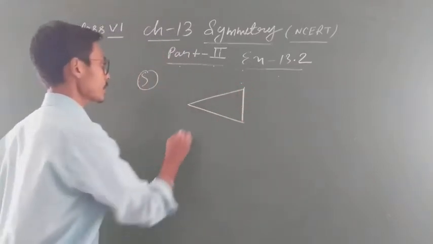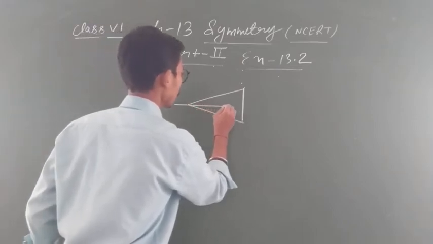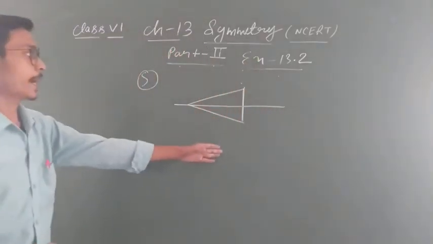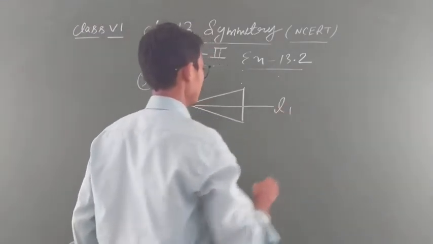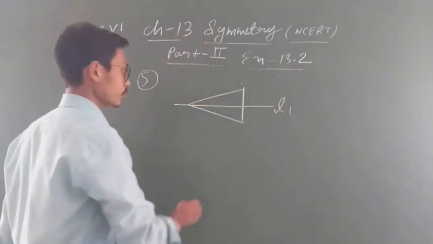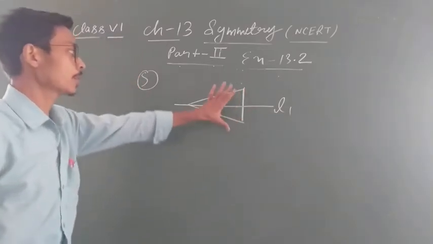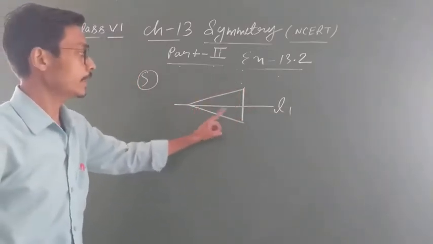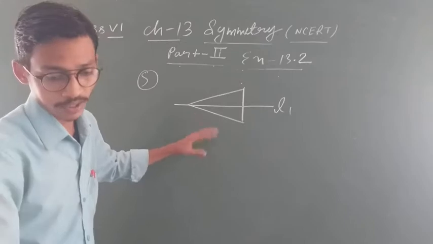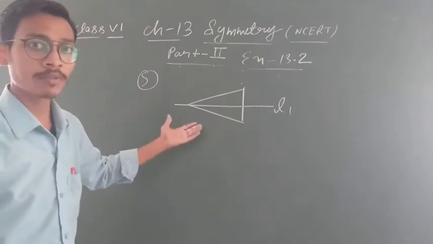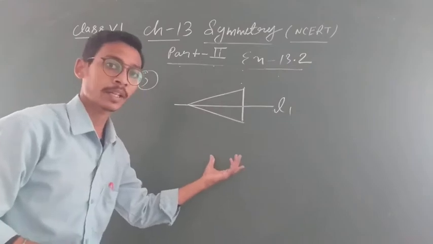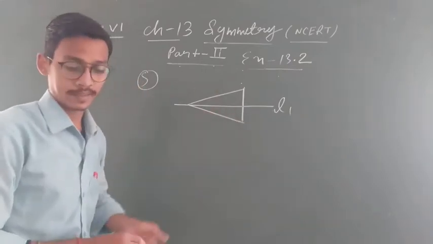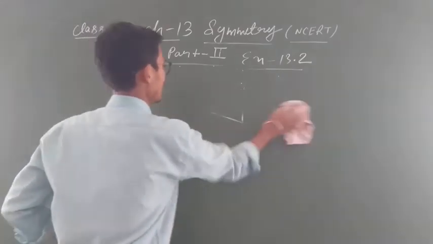This is about an isosceles triangle, and you will draw the line. By this you can draw the triangle, you can give the line L1. This is about a triangle having only a horizontal line of symmetry. It is given the horizontal line of symmetry, but no vertical line of symmetry, because if you draw the vertical line of symmetry, the diagram will be incorrect. So only this is the possible case. Come on, next.